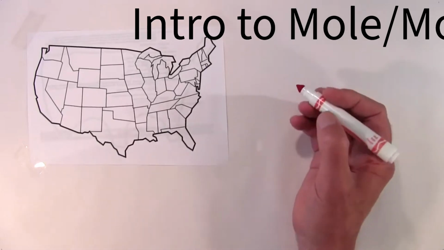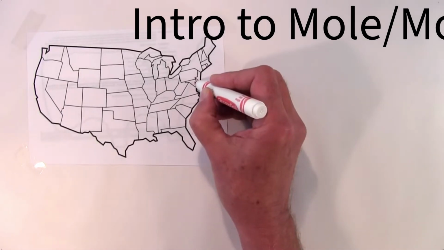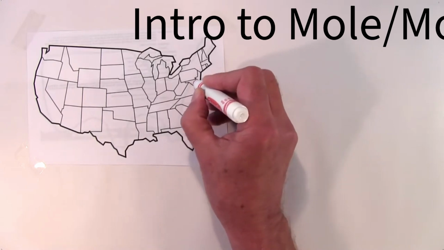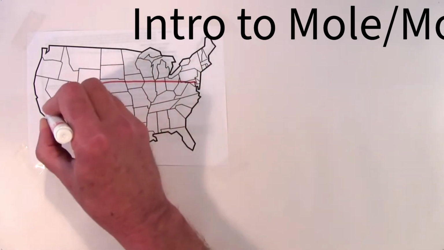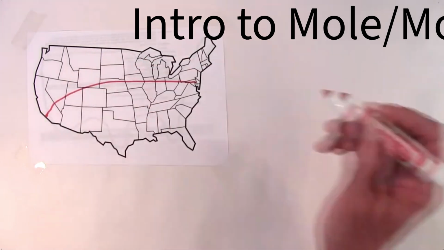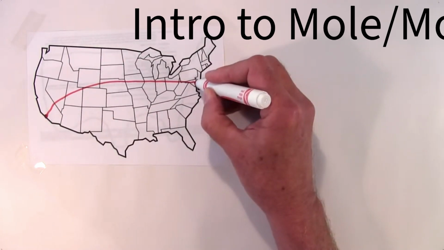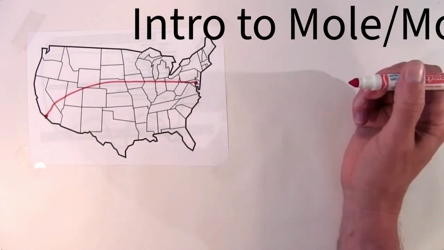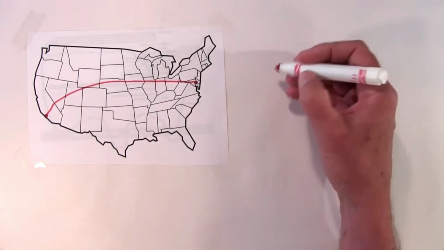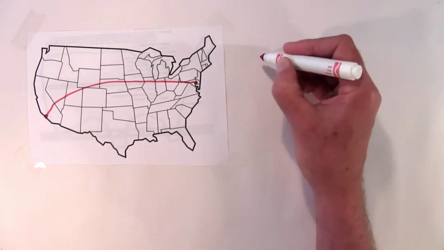So you want to go on a road trip. You and your friends want to go from, say, Baltimore, Maryland, all the way over to Los Angeles to visit some friends during spring break. Okay? And you're not a very rich college student, so you have to have enough money to get there and back. Well, you Google it and you find out that it is